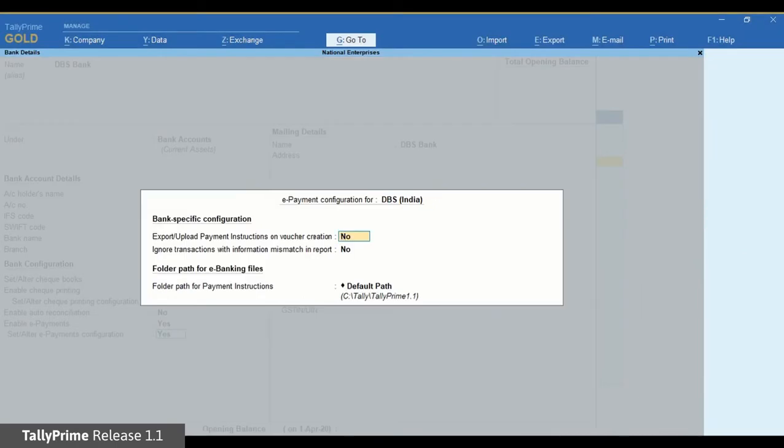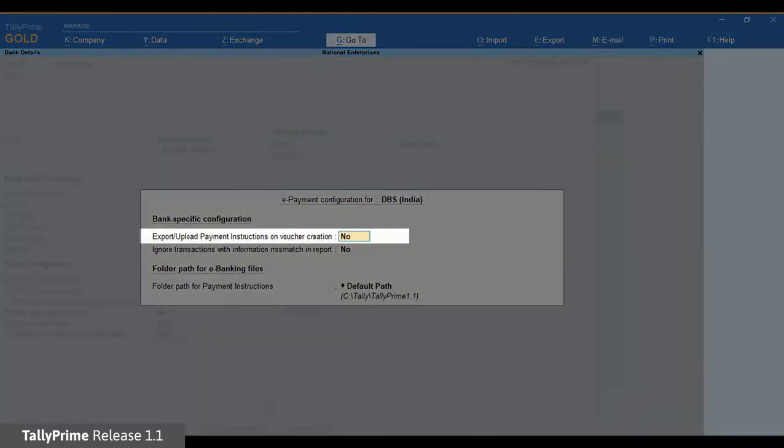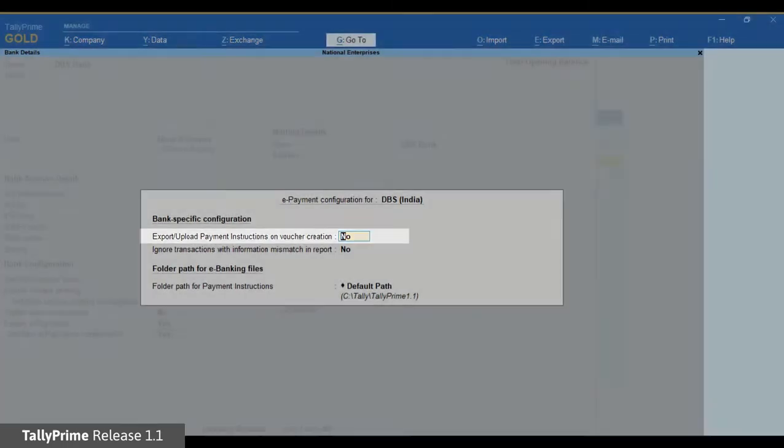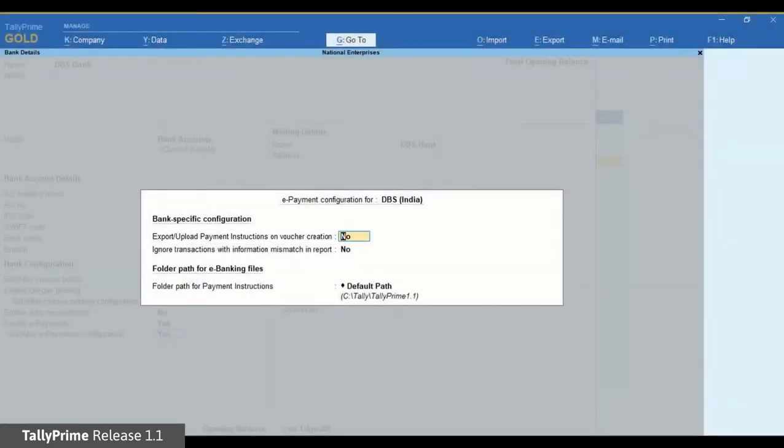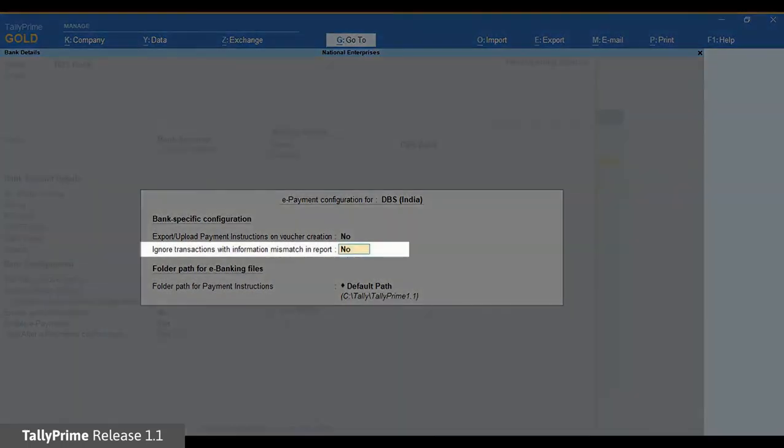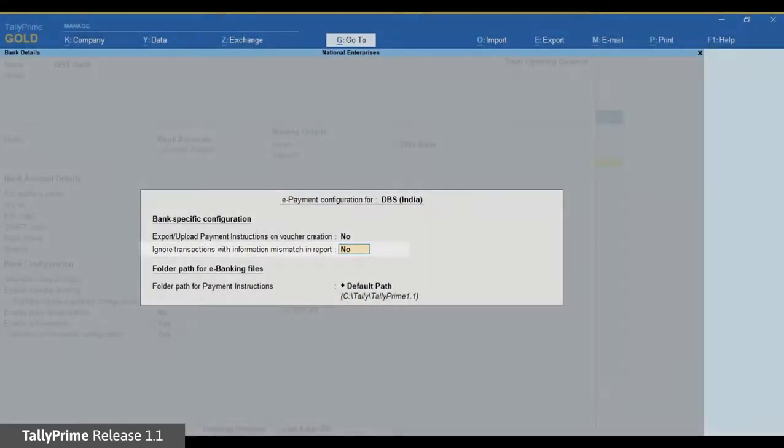The ePayment configuration for DBS India screen appears. Export or upload payment instructions on voucher creation is set to No. If you want to send the payment at the time of voucher creation, then set it to Yes. Ignore transactions with information mismatch in report is also set to No. Setting it to No will move the transactions to the Transactions with Information Mismatch with Master section in the ePayments report if bank details entered during the voucher creation do not match the one provided in the bank details of